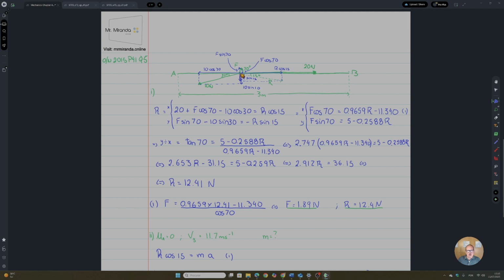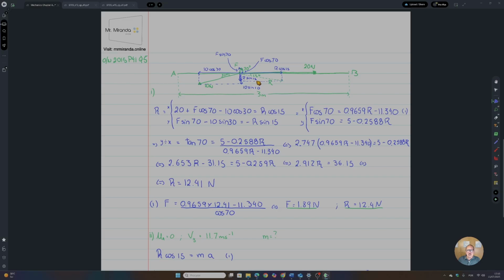Vertically, what do I have? I have this F now sine of 70. That's the vertical component of F. I have this now 10 sine of 30, and it is pointing down, so it must be negative, equals this R sine of 15, which also points down, so I also put it as negative. So the only thing that is positive is F sine of 70